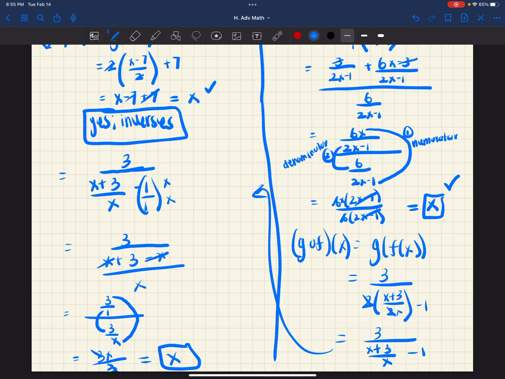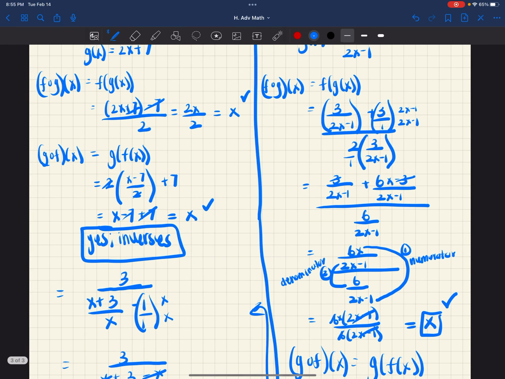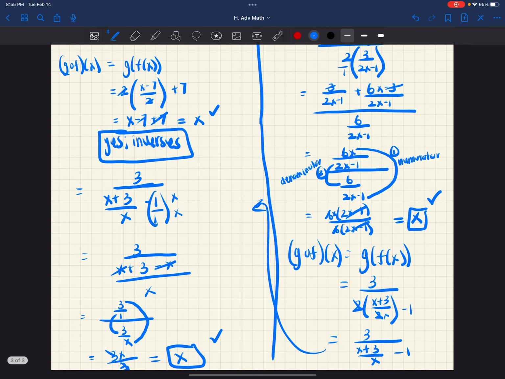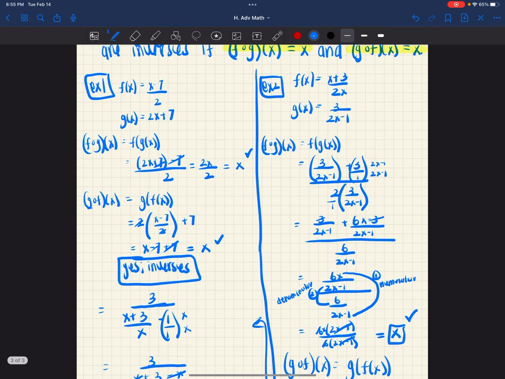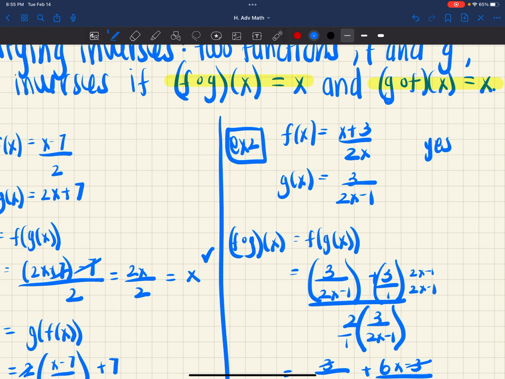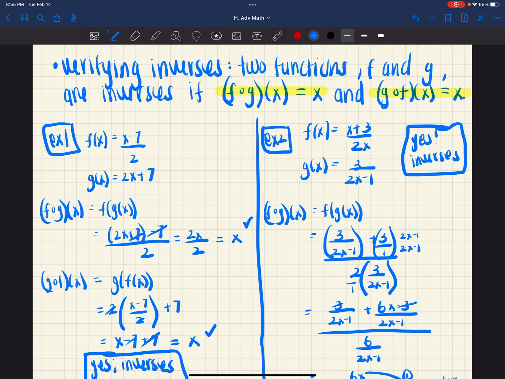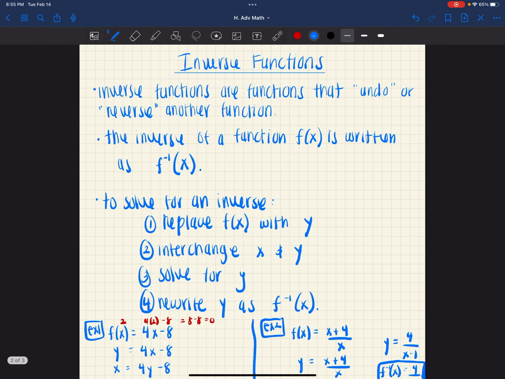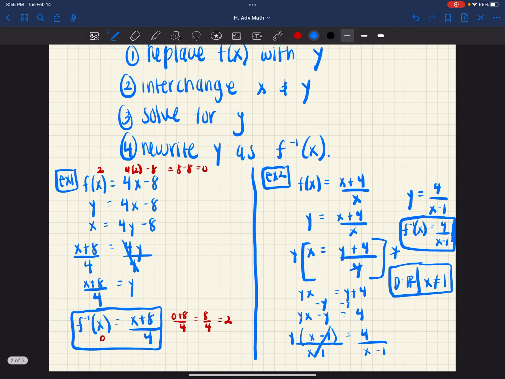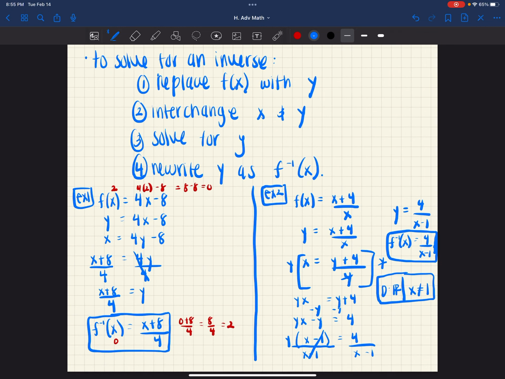So you should see here that f composed with g of x and g composed with f of x both simplify down to x. So you can go back to this original question up here and say that yes, these are inverses of one another. Alrighty, so learning or knowing how to find the inverse of a function by following these 4 steps is something that you guys should know how to do,